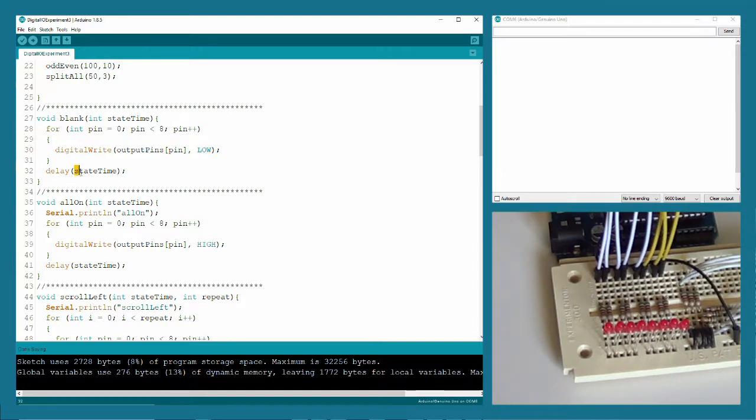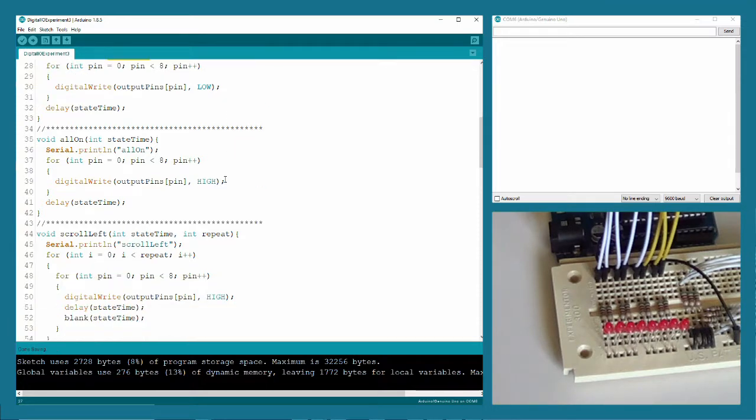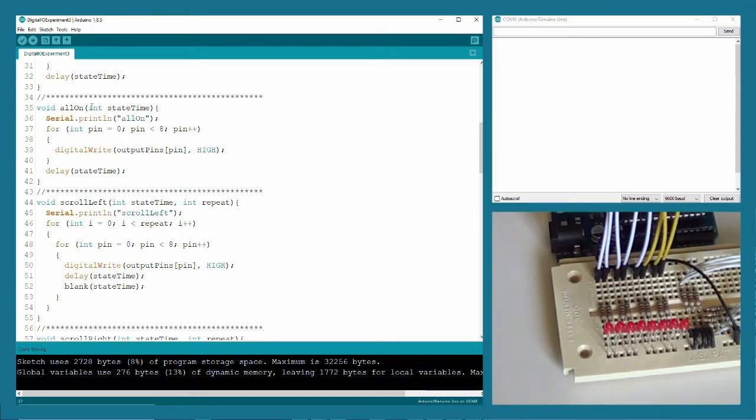And after this is done, we're going to have a delay by the start time that we are passing through our function call. The same thing with the all on. The only difference is we're going to set them all high, and then we're going to delay it for the same state. We're going to pass that state time value into this,